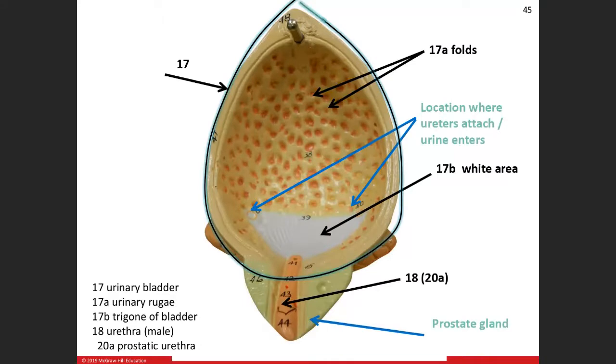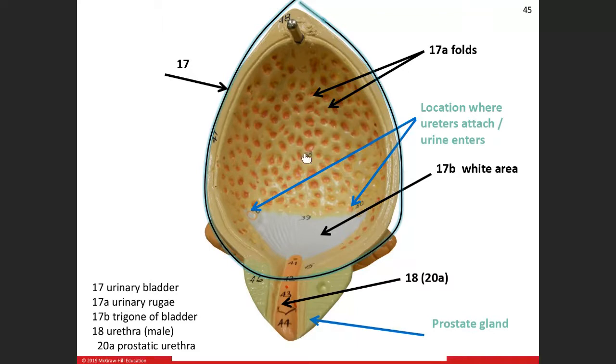So let's show you a quick picture here. This whole structure is our urinary bladder. This is a male model because at the base of the urinary bladder is the prostate gland. On the inside of the bladder, you've got these small folds, similar to how the stomach had the gastric folds. We call those rugae. These are urinary rugae. Obviously when the bladder is distended from a large volume of urine,